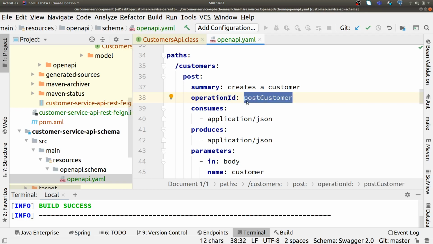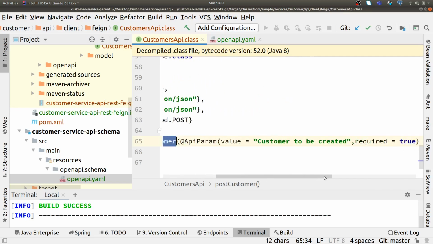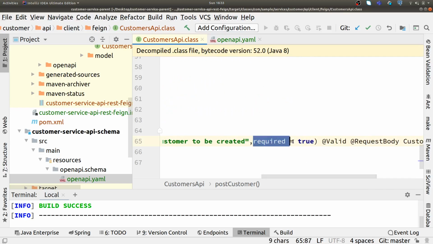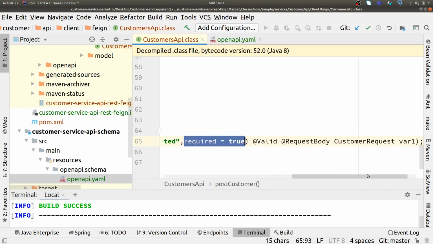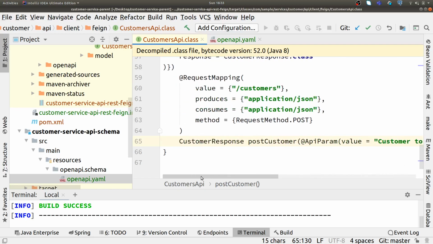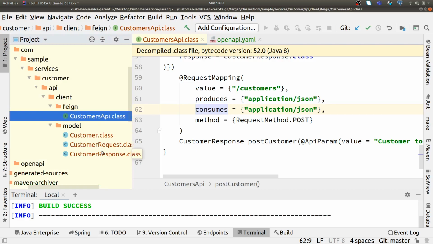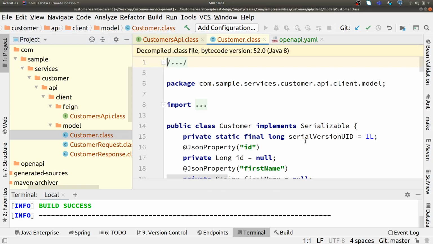This value is replaced by the Swagger code generator in the mustache template here as post customer. And then here, the required parameter is true. It should be a valid request body, the customer request that we need to pass, and the response is to be customer response. Also if you check the model dependency, it has created models for us.